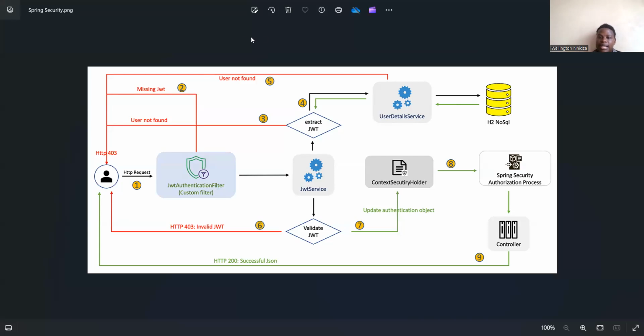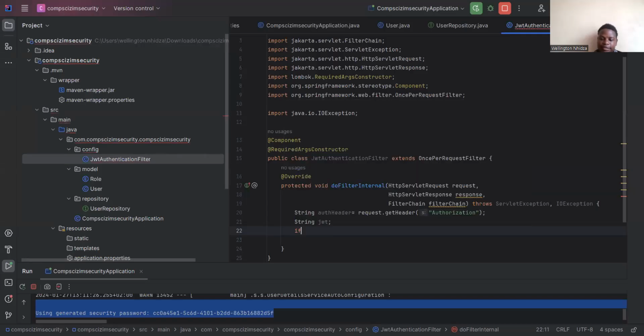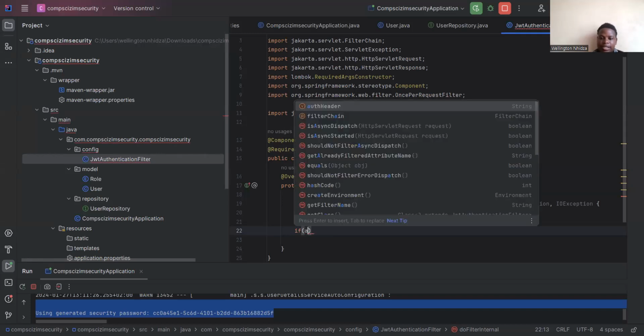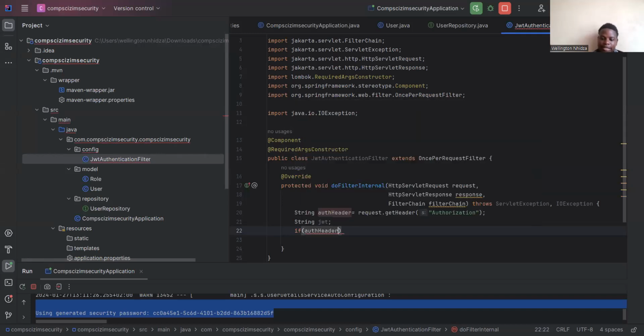So that's the code that I'm going to write now. We just say if the auth header